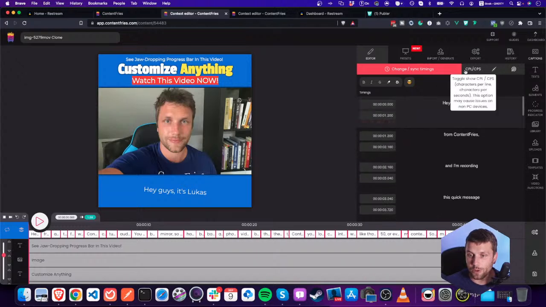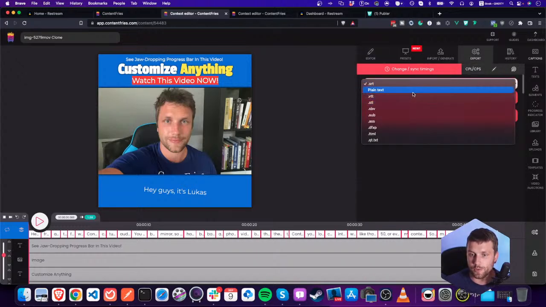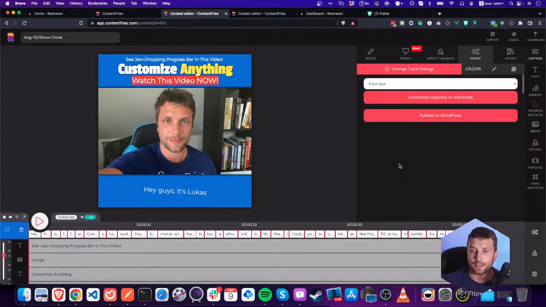Then you can download or export this transcription as plain text, so you can publish it to WordPress, for example. And we also have a WordPress integration that we just have to update to make sure it's working as it should. But you can also, if you have the integration set in your account, publish to your WordPress blog directly from here. So that's the next tip. Okay, so now you have videos, audios, transcription for blog posts, quote cards,